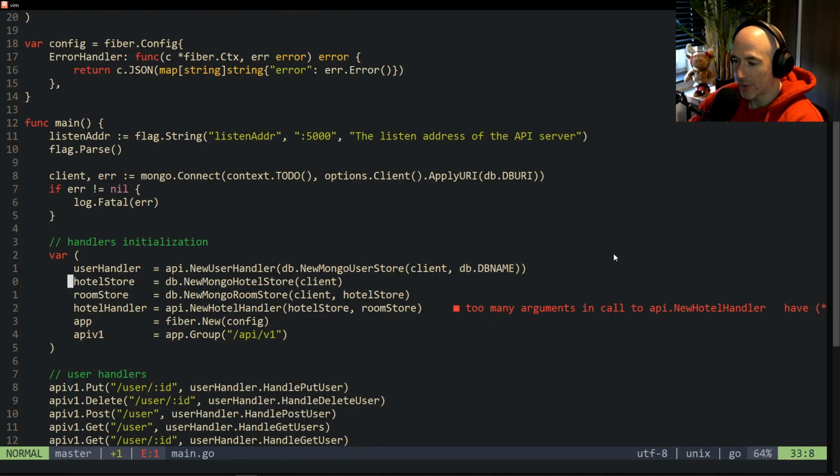We're going to have a hotel store, which is going to be this. We're going to have a room store, which is going to have this. Of course, the dependencies of the storage itself, that's something we need to deal with, right? Otherwise, it could be easier to encapsulate everything into a single struct, and then we don't need to handle these dependencies. But hey,